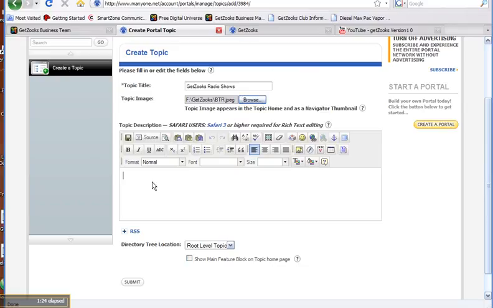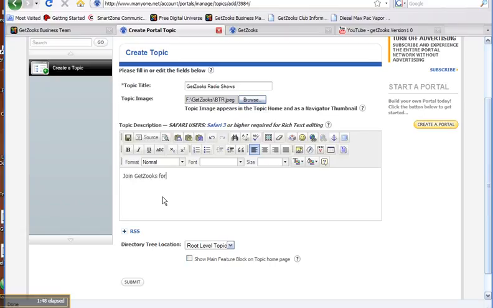Okay. Now when I come in here, I can actually make things bold, italic, underline. I can change the font, the size, the color, background. I can import videos, graphics, hyperlink things, make happy faces, you name it. So this is really pretty simple. I'm just going to start typing and saying,